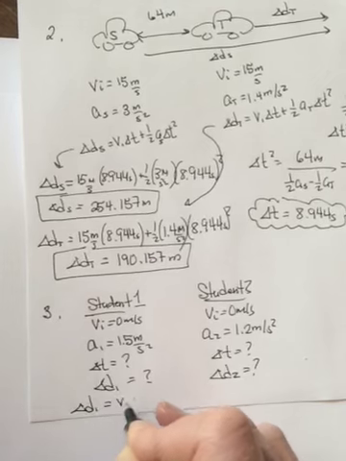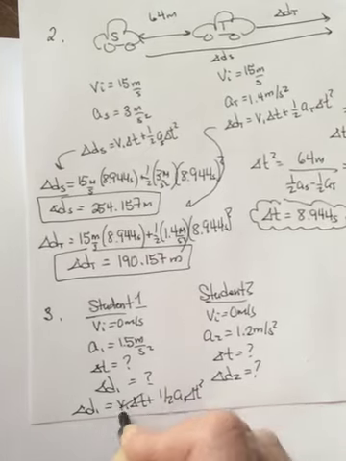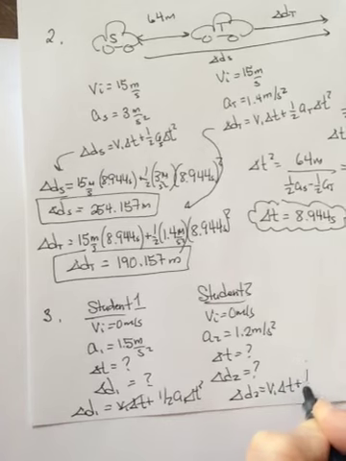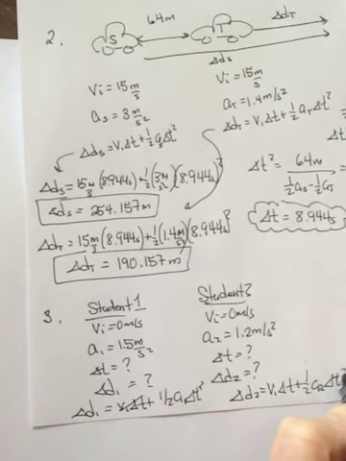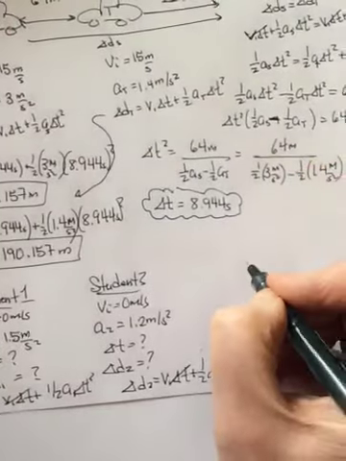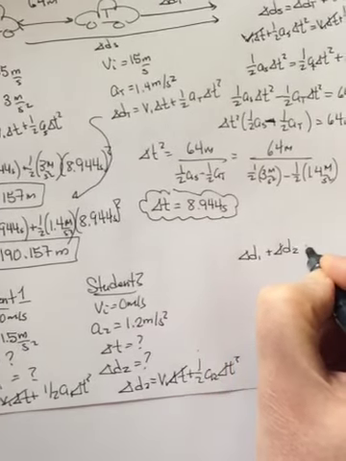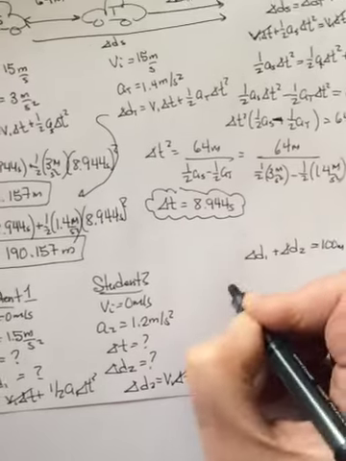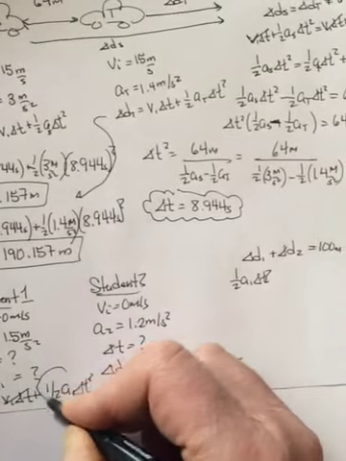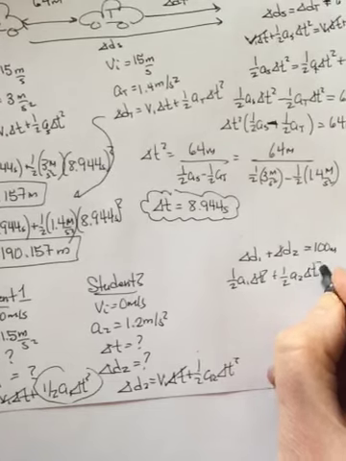So for this person, it'll be VI delta T plus 1/2 A1 delta T squared, but the VI goes to 0. And for this person, VI delta T plus 1/2 A2 delta T squared, but their VI goes to 0. How are their delta Ds connected? Well, it says they're 100 meters apart in the pool, and they head towards each other. So that means delta D1 plus delta D2 should equal 100 meters. So now sub in 1/2 A1 delta T squared from down here, plus 1/2 A2 delta T squared equals